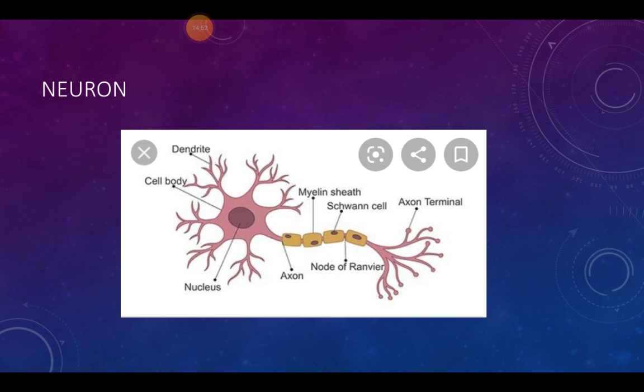Axon. It is a single long and cylindrical structure. It extends away from the cell body. It terminates into axon endings. It transmits electrical signals from the cyton to the axon endings. Location of axon. It is found in the brain and the spinal cord. Functions of axon. It transmits message and regulates the body functions and activities.